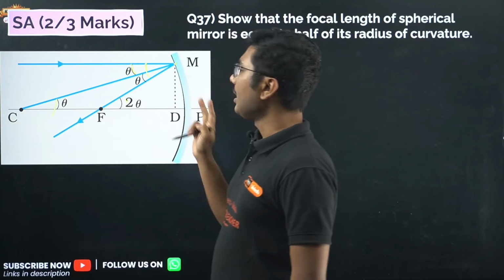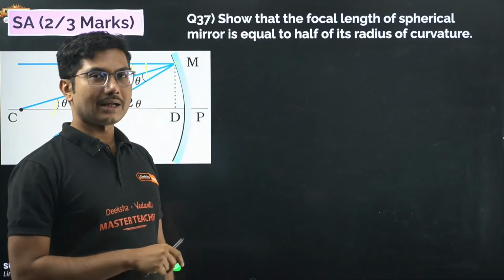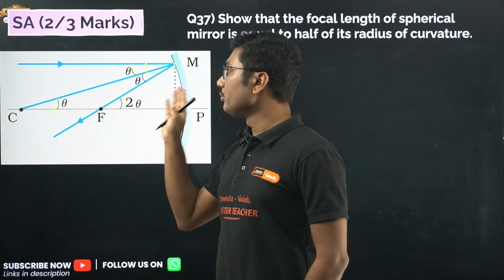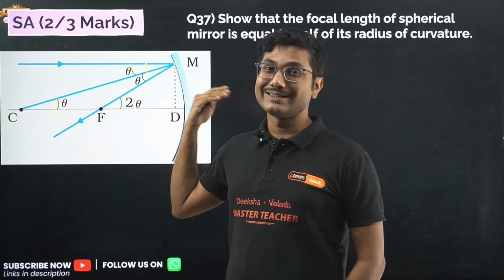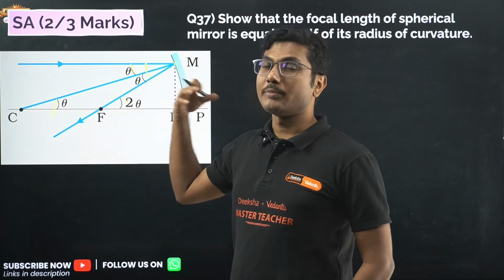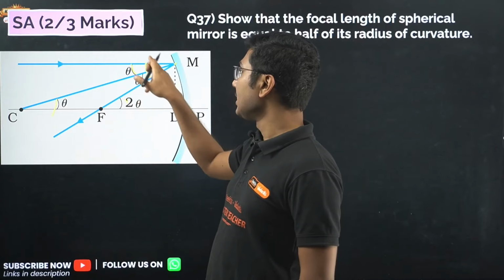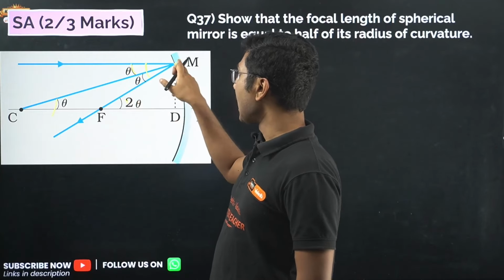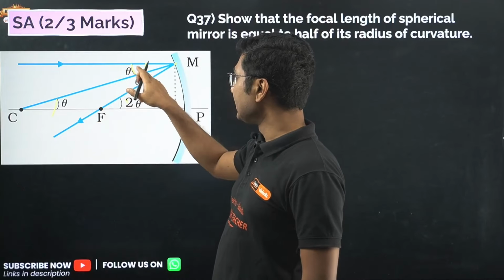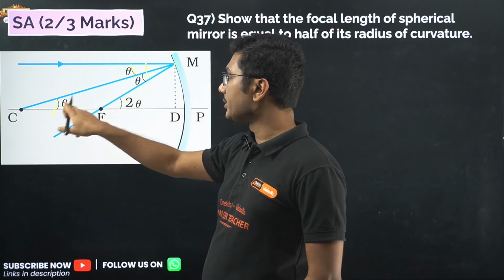So remember the diagram. Remembering the diagram will help. Otherwise, practice the diagram 2-3 times if you don't understand what is theta and why it is theta. Remember, this is the angle of incidence, this is the angle of reflection. From the law of reflection, angle of incidence is equal to angle of reflection, and thus the total angle will be 2 theta, and for this bisector, this 2 theta will come over here, and this will be theta based on this.